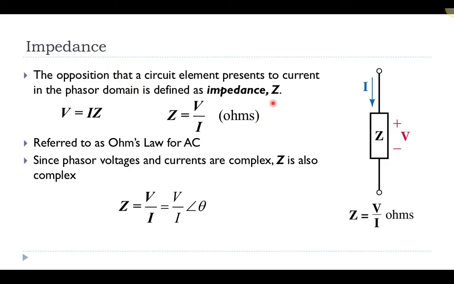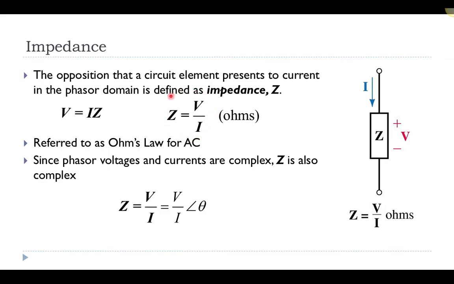So we define impedance as a capital Z, and you'll notice that it is, in this case, bold. And that's because impedance is going to be written as a phasor. And so when we look at impedance, we can rewrite Ohm's law for AC as V equals I, and instead of R, we have this new property called impedance, Z. So V equals IZ, which is essentially the same as Ohm's law. So Z is going to be our measure of how much that component resists or impedes the flow of current through the circuit. So we could rewrite this as the impedance is equal to the voltage over the current, where